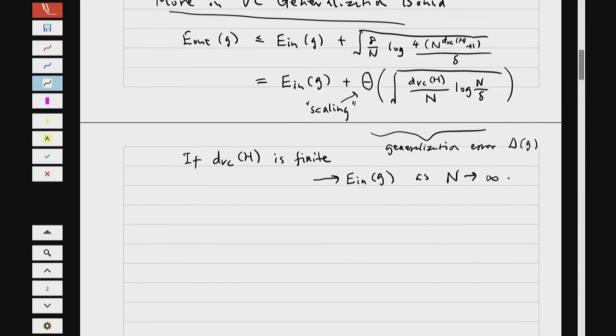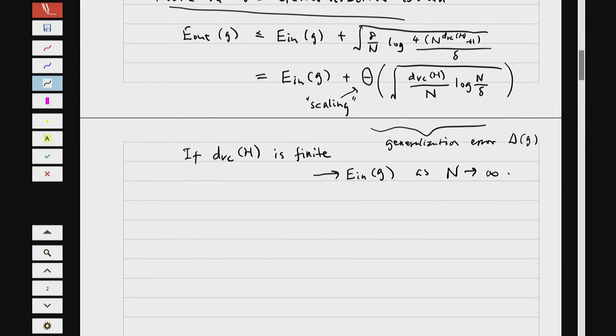So this is a generalization error for when the number of hypotheses is infinite, and then you can use this type of analysis. In general, we have a trade-off between E in G and delta G. So let's write it down. Trade-off between